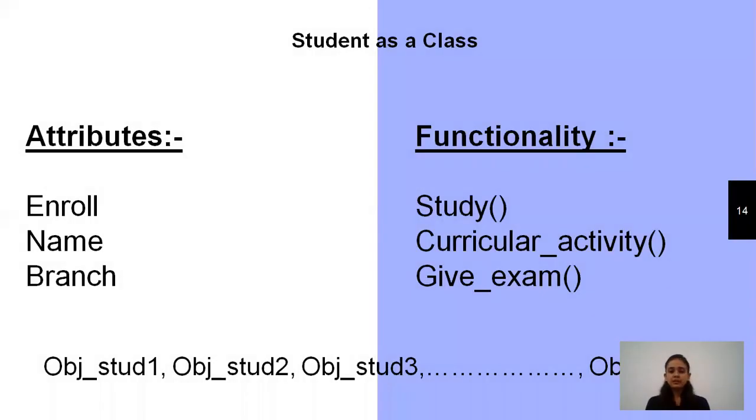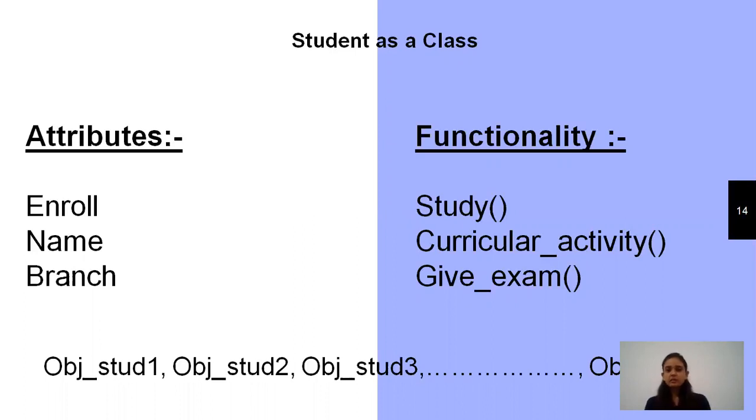Over here, suppose I am creating the student as the class. Then in the class, what kind of details will be there? In the class, it is the combination of attributes and functionality. So I have to write both things. We have already seen what is a list, what is a dictionary. In the list, we are only mentioning the values. In the dictionary also we have the key and its values, but we do not have functions within the dictionary or the list. So what is a class over here? It is one type, you can say, the type of the object.